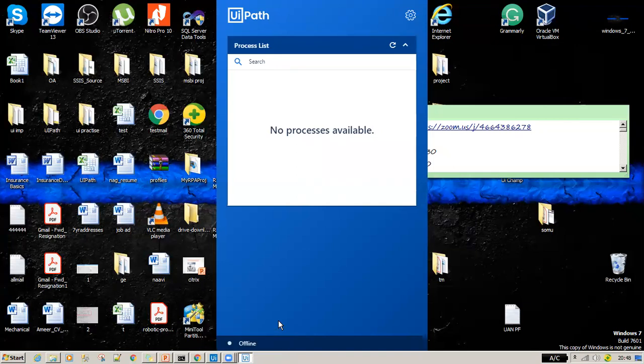If it is community edition, usually you're going to see connected and unlicensed. If it is offline, that means you don't have any connection established to an orchestrator. We will see how we can build a connection and how the orchestrator looks. So just open your robot in your machines and make sure that it is offline from scratch.